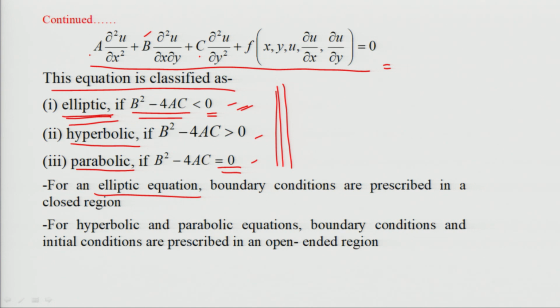So, this classification of the second order partial differential equation in terms of elliptic, hyperbolic and parabolic will help us find the appropriate boundary and initial conditions,